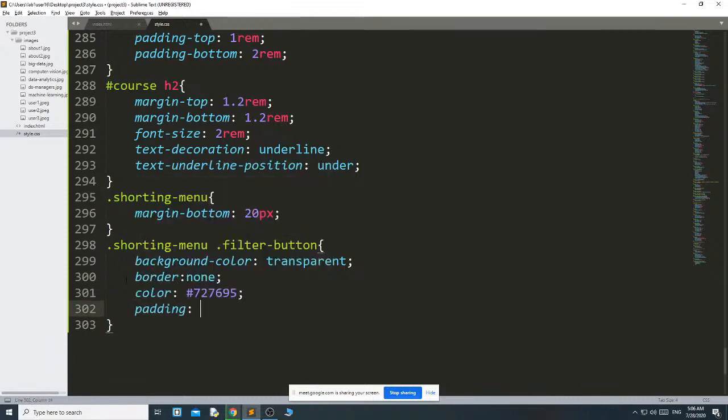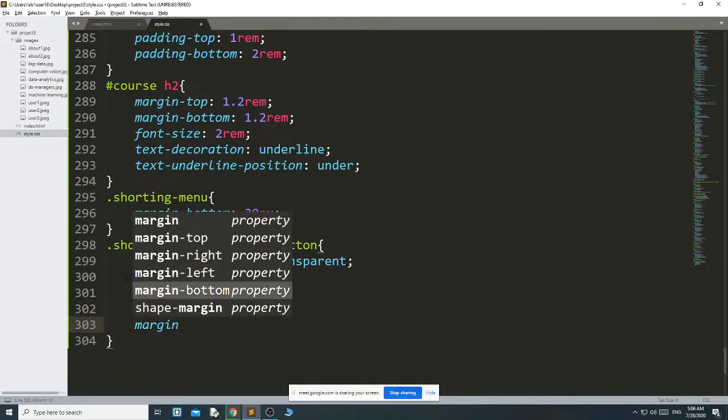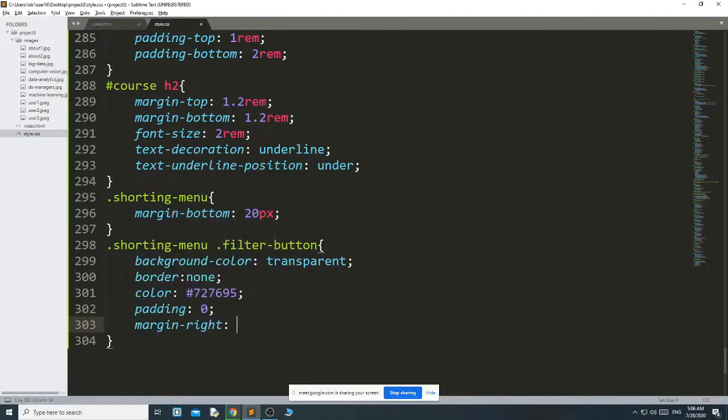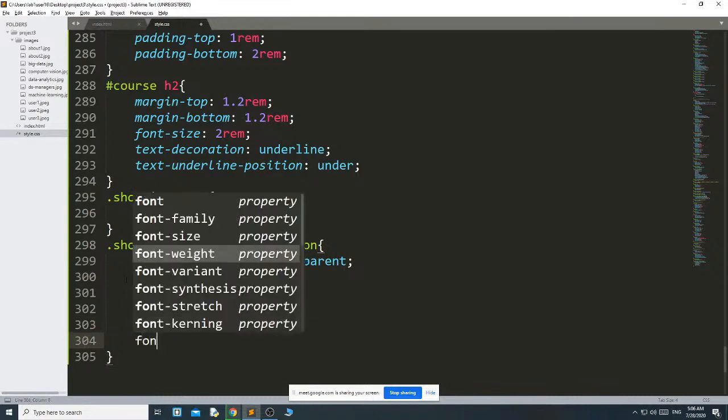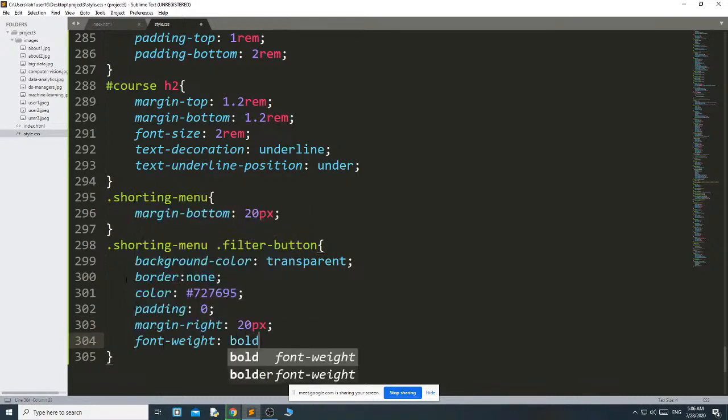padding 0, margin right 20 pixel and font weight bold. You can write either bold or 600.